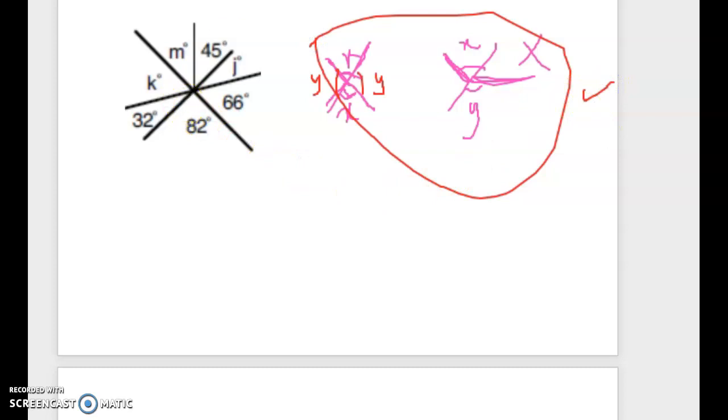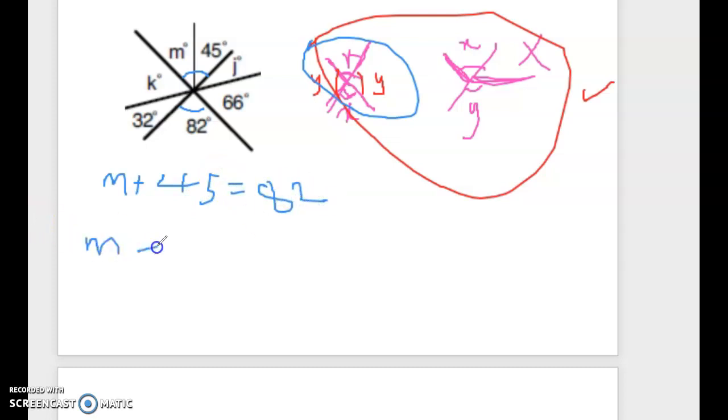And now I move here. When I move here, this 80 is here, and this is formed between, like what I said here. They are formed between each other. 82 is given here, so this 82 is equal to m plus 45. Otherwise, m plus 45 is equal to 82. So m plus 45 is equal to 82. Therefore, m is equal to 82 minus 45,